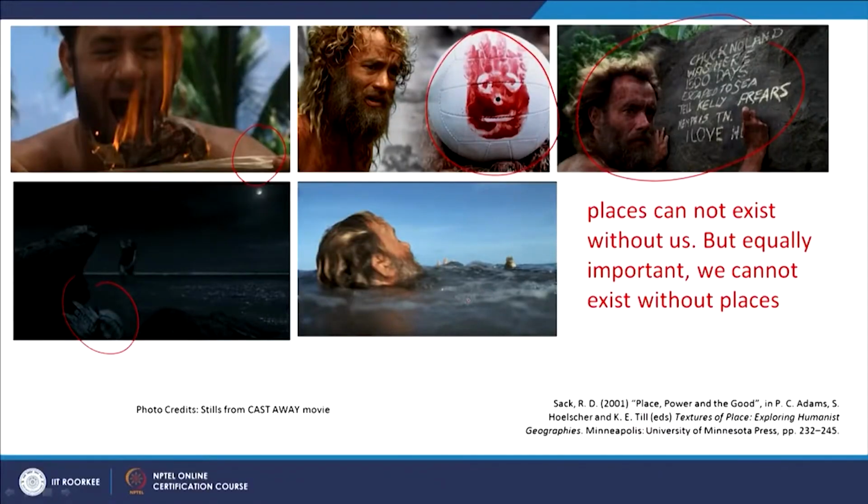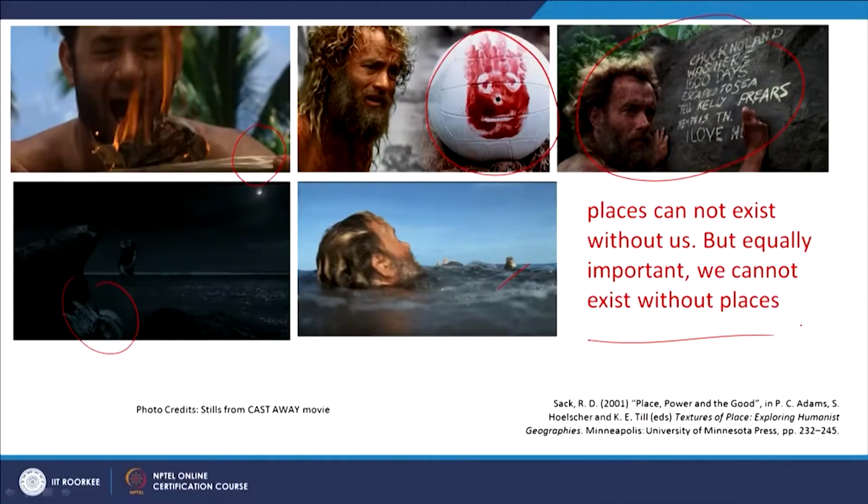Then after 4 years, he will again find his way back home. That night when he throws Wilson out in his anger, he again goes back and searches for Wilson. So both love and emotions play in sequence. And when he was traveling back to the mainland in a small boat, a huge hurricane comes and finally he loses his Wilson. So what I want to say here is a man is attached with a lot of emotions and values. For 4 years that ball has given him a sense of being.